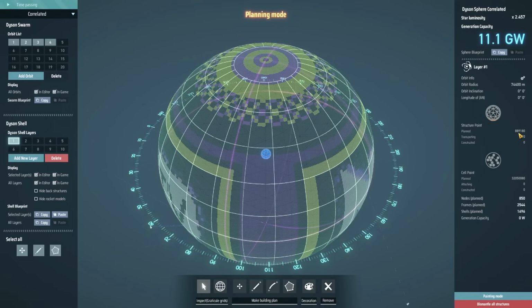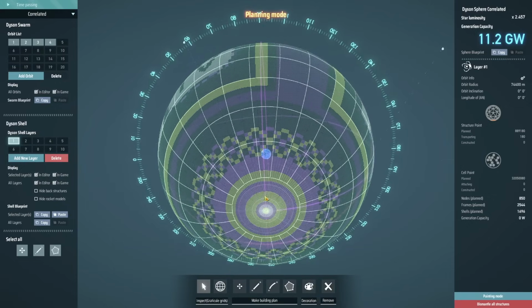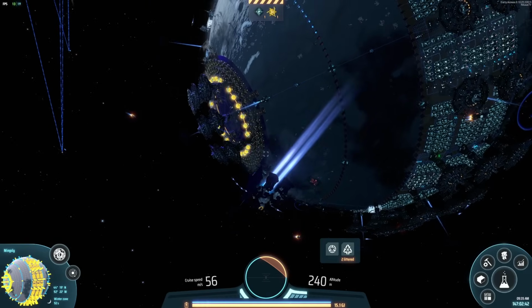It needs about 900,000 structure points and about 32 million cell points. So it is a lot, and it's a full sphere, and there's like some fancy stuff out here, so sort of make it really nice. It looks nice. It looks really nice. So with that, we are going to be...